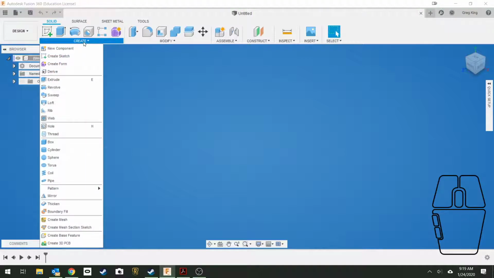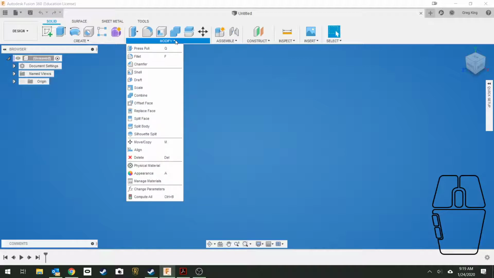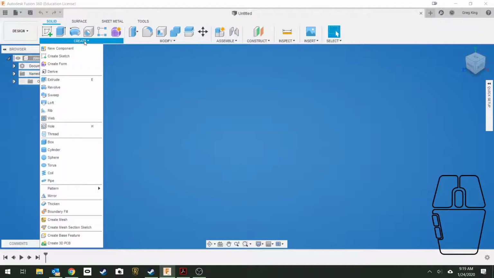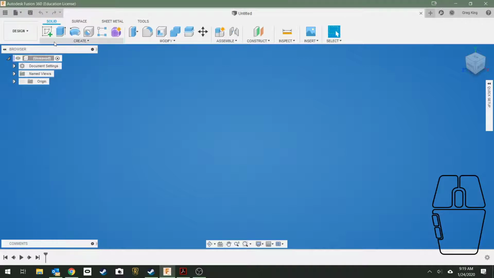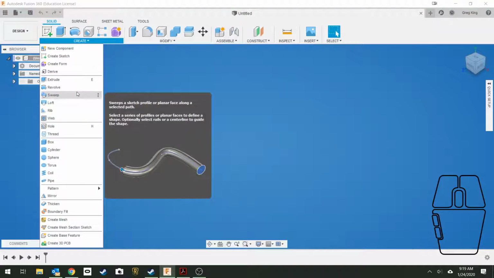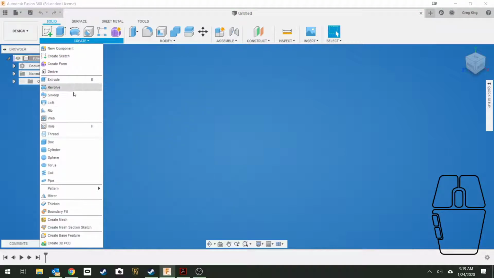One of the things to note here in Fusion 360 is that your tools are not just limited to what you can see here in your ribbon bar, but each of these that has a little arrow underneath of it gives you more tools and more techniques underneath of the main bar. So you've got the tools you can see and more tools underneath. Under Create, you have your main Create Sketch, Extrude, Revolve. And if you go under Create, you've also got Sweep, Loft, and a bunch of other things under here to